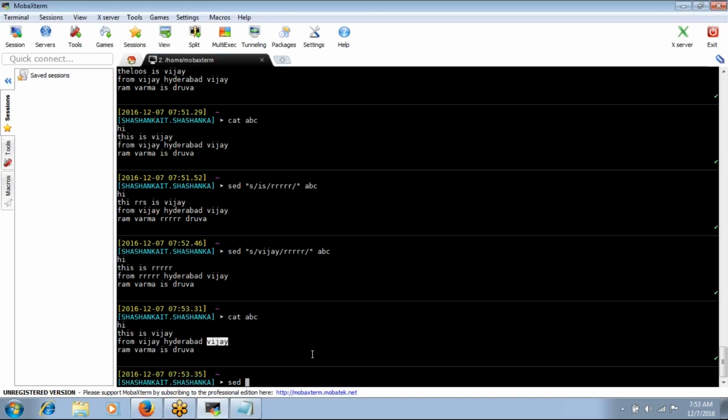The first thing is, if you give the g, it will globally replace the particular pattern with the pattern which was provided by us. If you didn't mention the g, by default